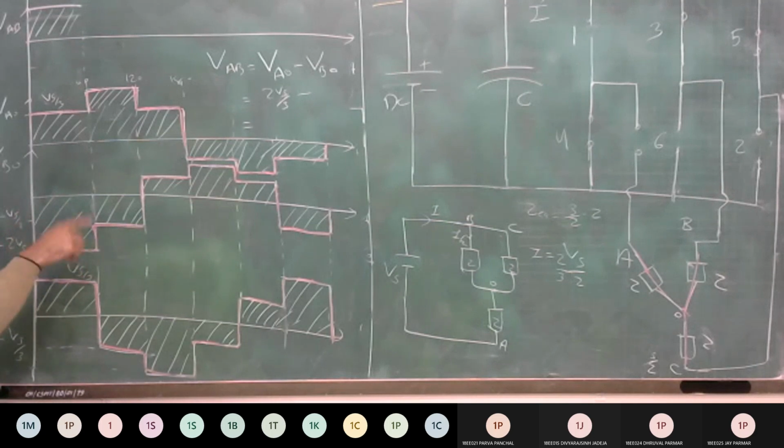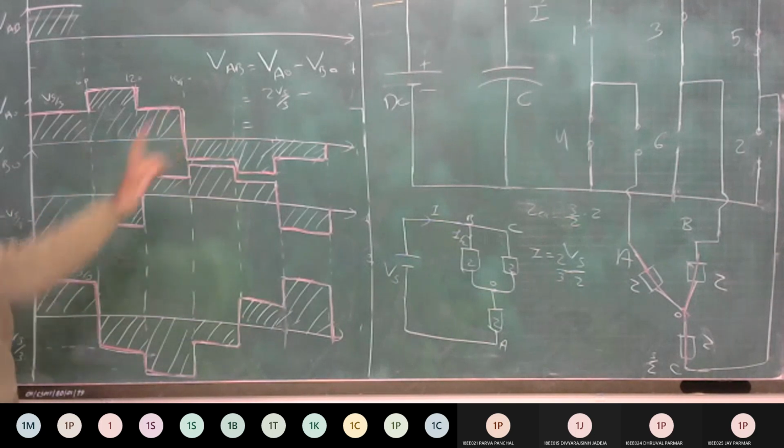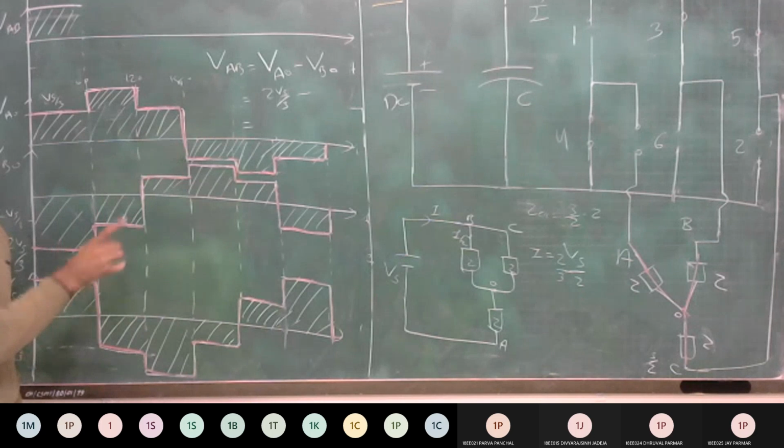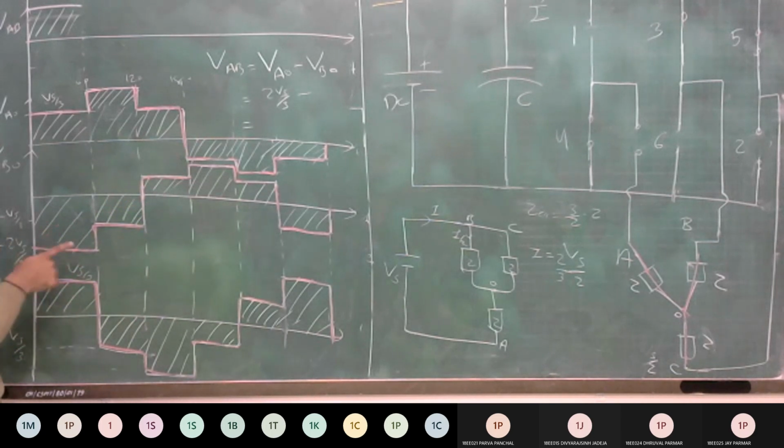Otherwise, I could explain the waveform through a PPT. But the reason is that if I do not draw this waveform by doing the calculation, you cannot understand it. That's why I draw the waveform here. Otherwise, I can complete this topic within one lecture by just saying that you get this waveform from this circuit. But in that case, you cannot understand this. So all of you please draw the waveform. Whatever I draw and write here, the calculation, all of you please write it down. Because all these things you must write down in the exam also.